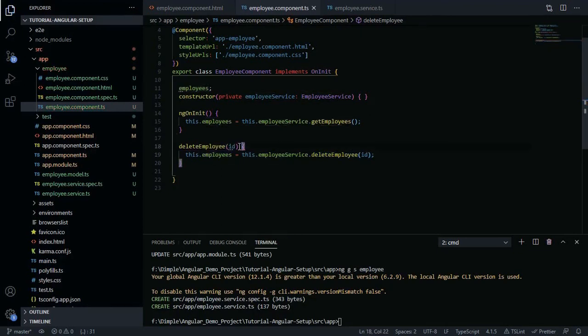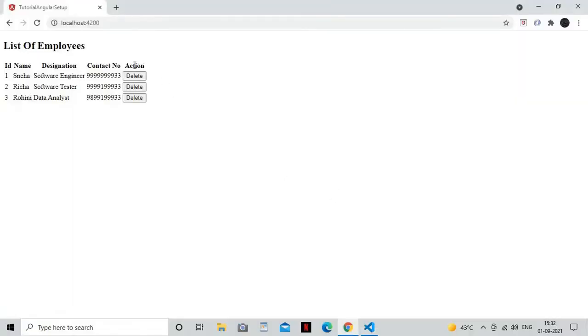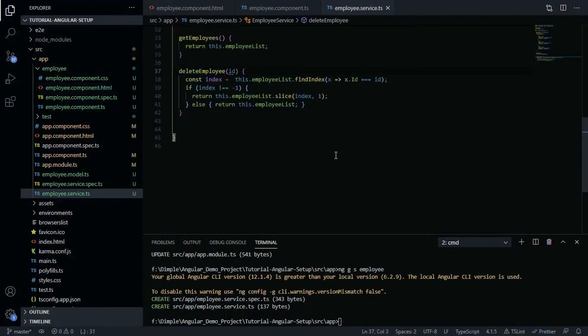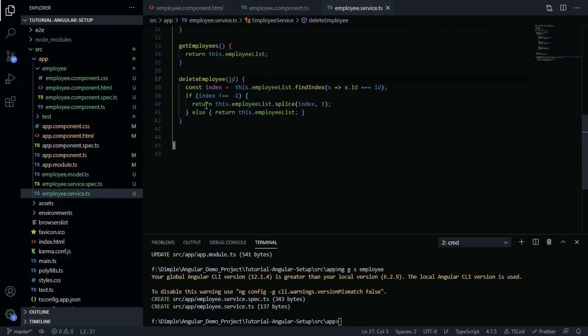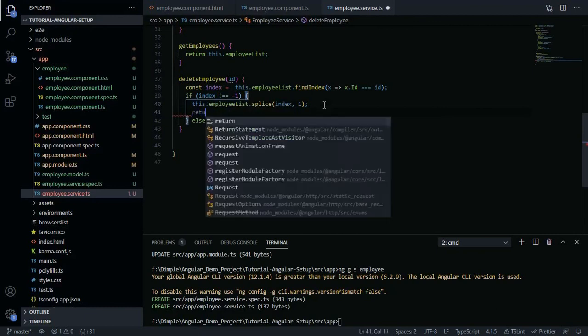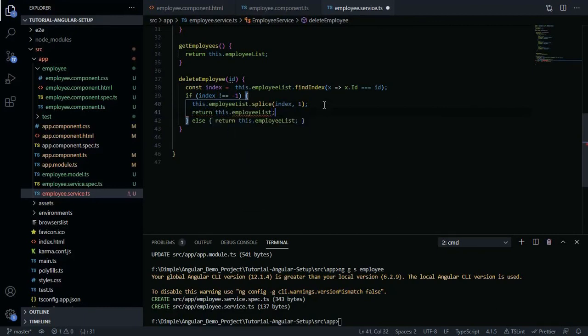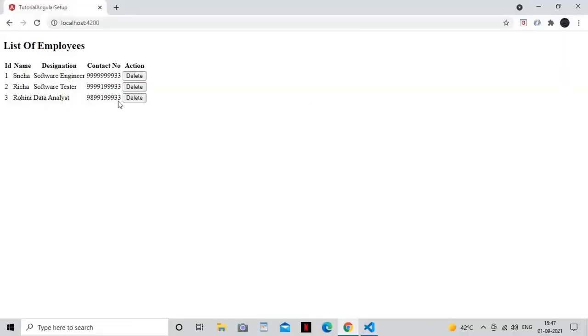Now if I delete that, you can see, okay, just give me a second. Okay, we don't need to return this. We'll splice and we return the employee list. I'll check it.